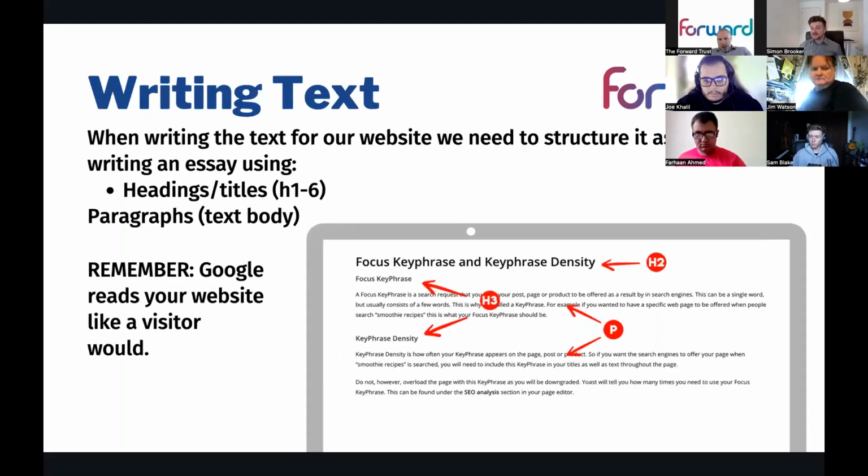I'll quickly touch upon some SEO tips with writing text. Has anyone experienced writing text with SEO in mind? Anyone got any experience with that? No, okay, brilliant. So what we want to do when we're writing the content of our websites, the text that appears on our website, is use little brief SEO tips